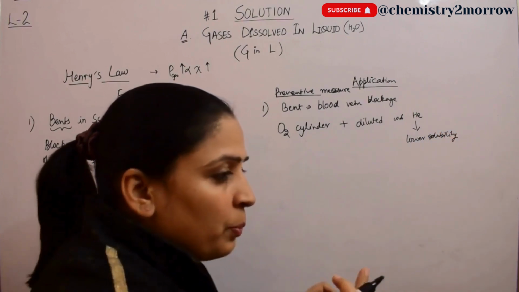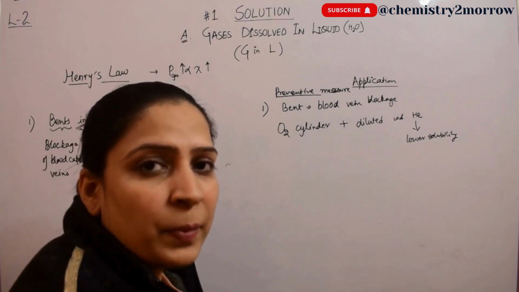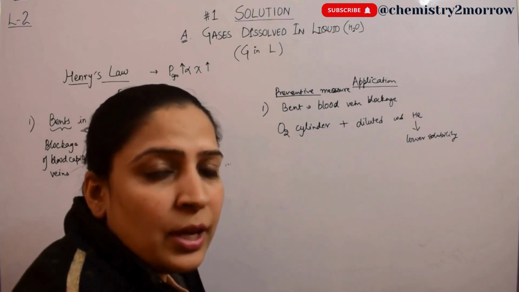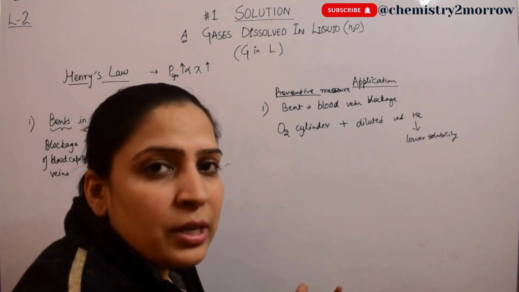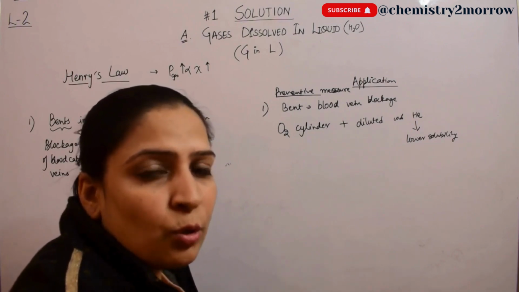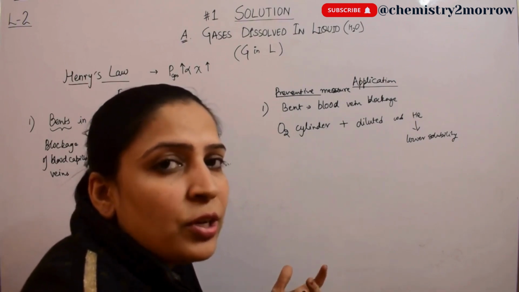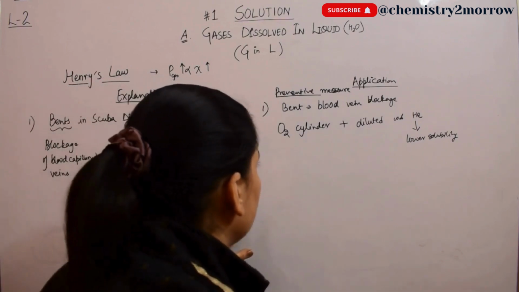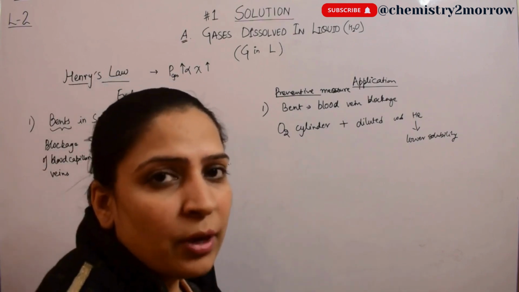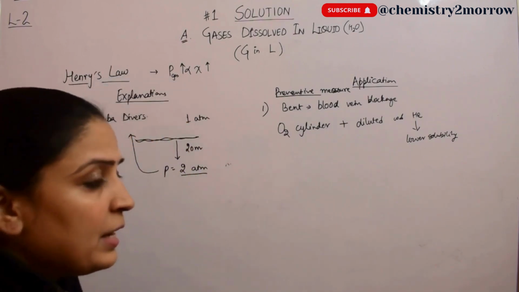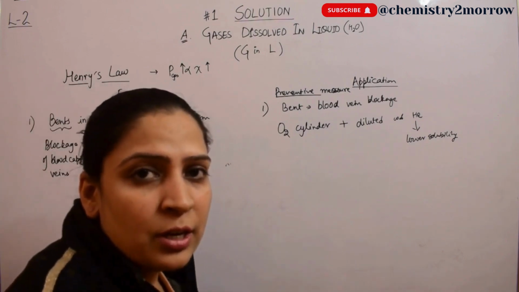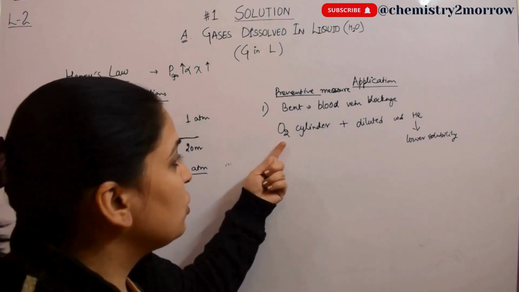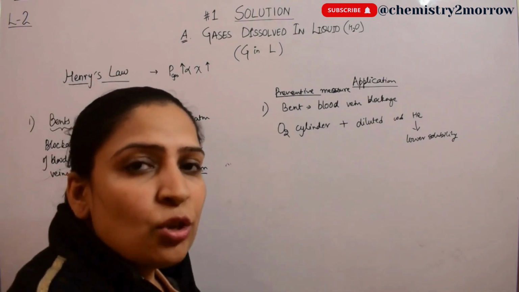The person will inhale helium, but since its solubility is less, it will not dissolve in blood, and while coming out it does not have to be released because it is not absorbed in blood. So it will not stay in the blood vessels, and it will not create the condition of an excess amount of oxygen in the blood vessels. Even by inhaling more air, the scuba diver is not inhaling more oxygen, because the oxygen has been diluted with the addition of helium gas.